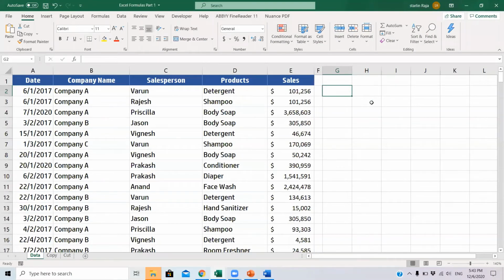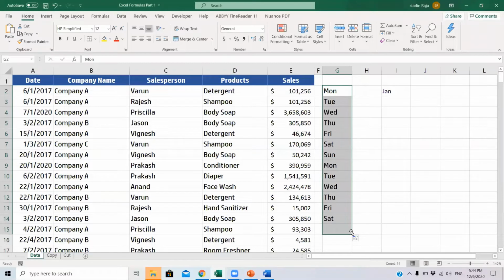So a few more things in copy. Let's say I have a Monday here and then I have a Jan. So what I can do is drag it down. You see a small plus symbol appearing. While you keep the cursor on any other place, it will be a thick symbol. You can see a small dot over here. If you keep your cursor on the dot, there'll be a thin plus sign. So just drag it down. It will give us all the days of the week, and it will also replicate like this.